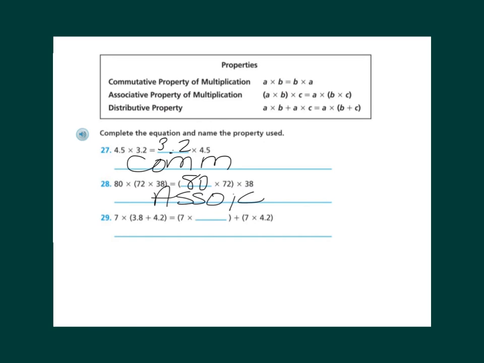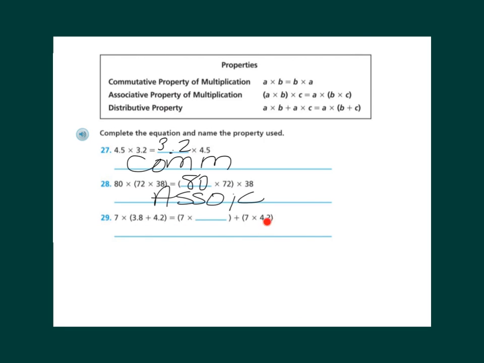Now, with the distributive property, you have to kind of look for how you're going to be distributing the numbers. So in our formula, we see that we're giving A times B plus A times C. So you're giving a little of A to B and a little of A to C. So if you were to add B and C and multiply that total, you're going to be getting the same answer. So if I look down here, I notice that I'm giving a little bit of 7 to one number,